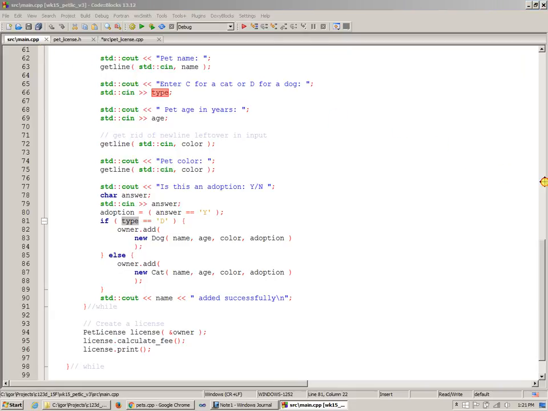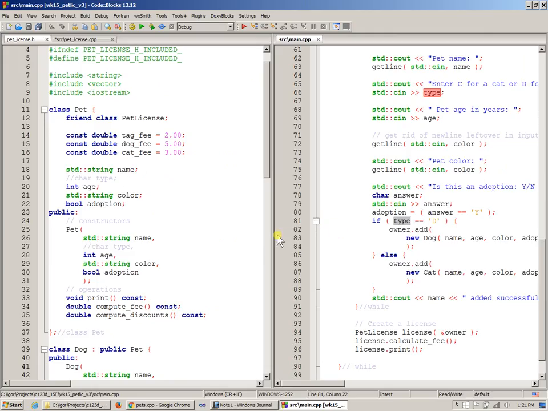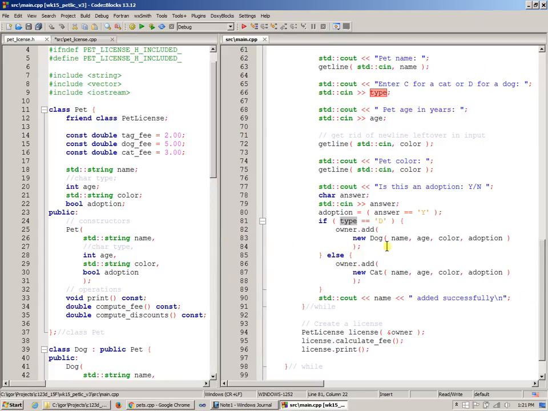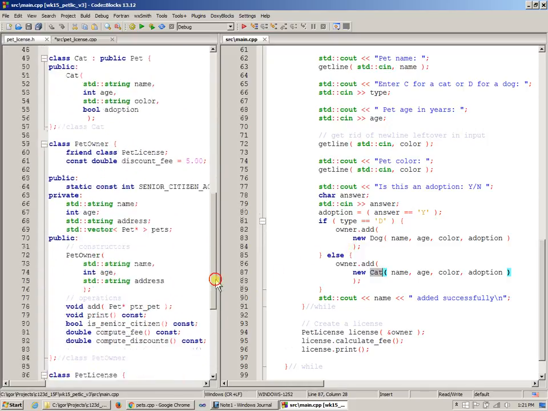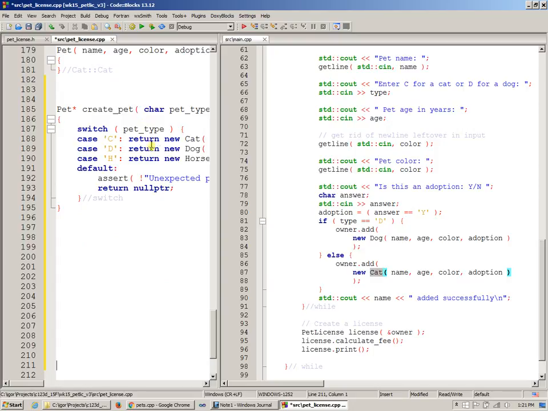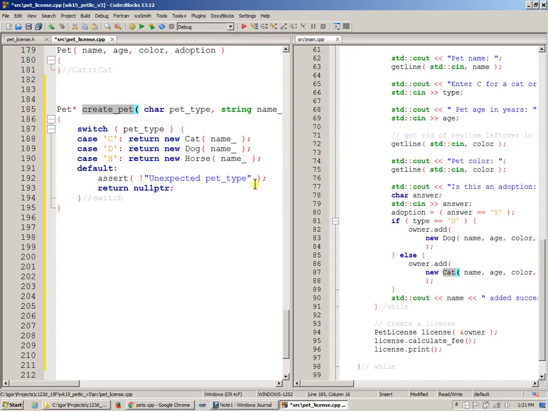So let me organize this side by side, right? When we create a dog, we say if type is D, or otherwise we just create a cat. So right here, the type needs to be passed to this function named create pet, right? So create pet will take a pet type, which it already does. So instead of saying if and whatever, I will say